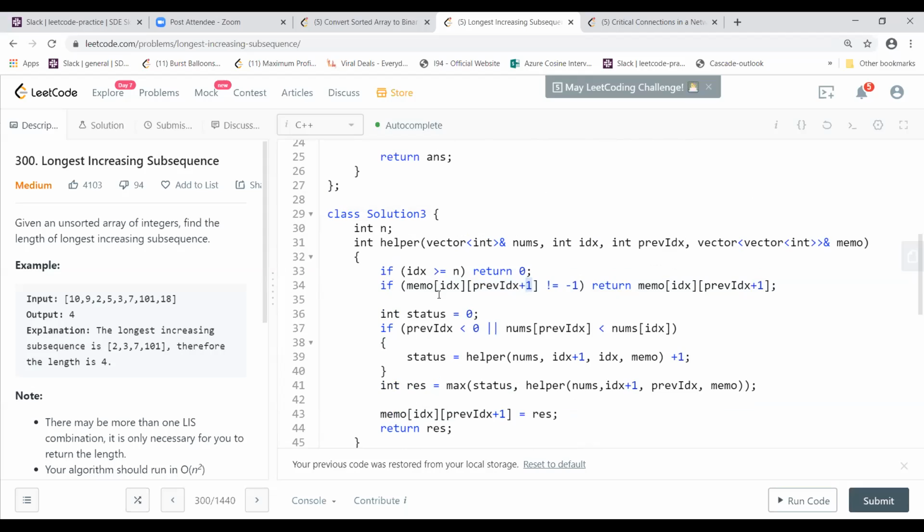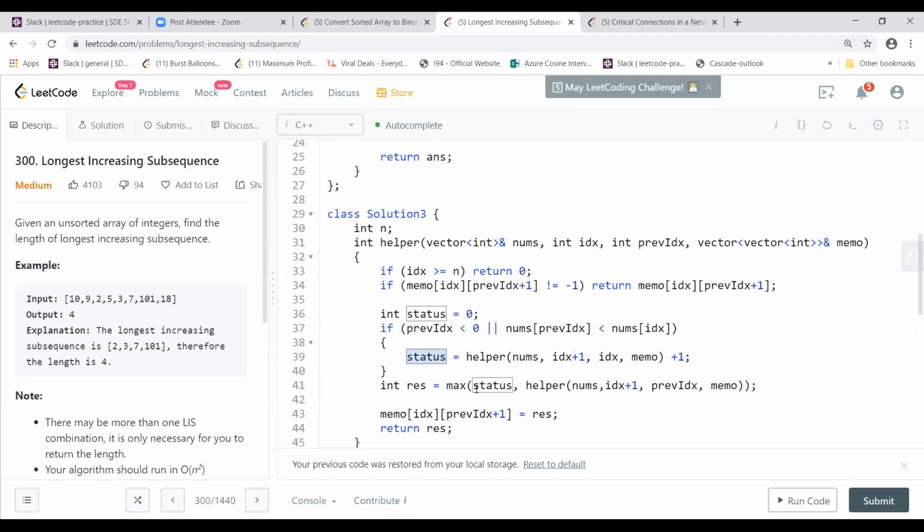So I'm just adding 1 to it everywhere, right? So now here what I do is, for the first one, I look for whether the previous index value is lesser than the current index one. So it means it is increasing, and there I increase the current index, and I keep the previous index as this current one. And then I add 1 to it. So this is what I get as a status or flag.